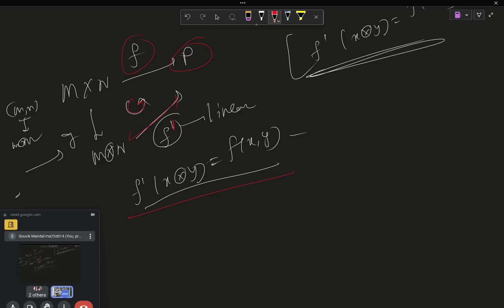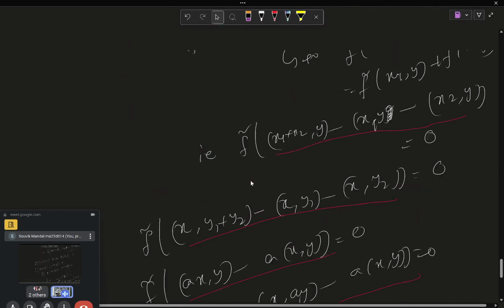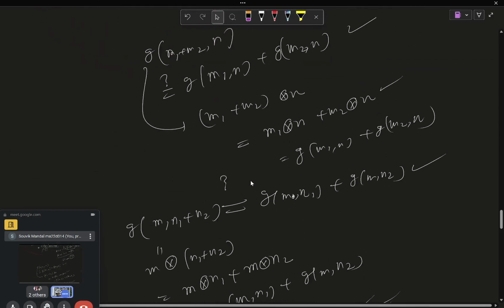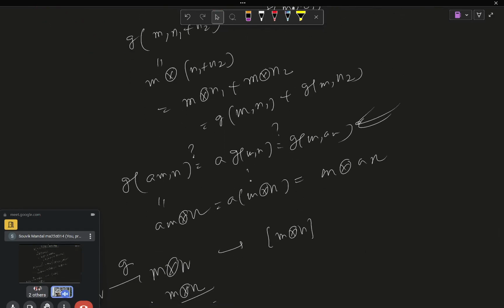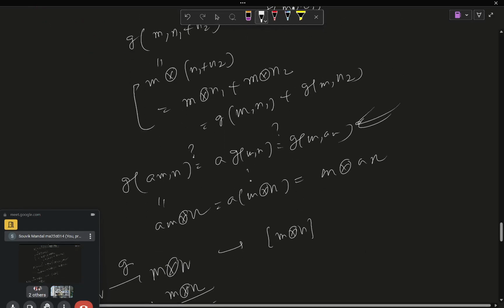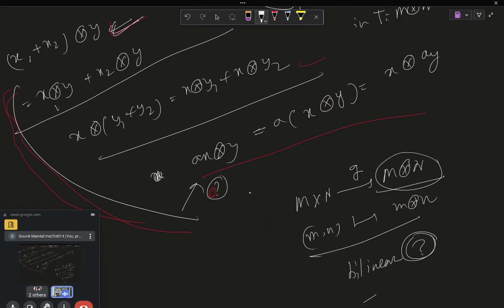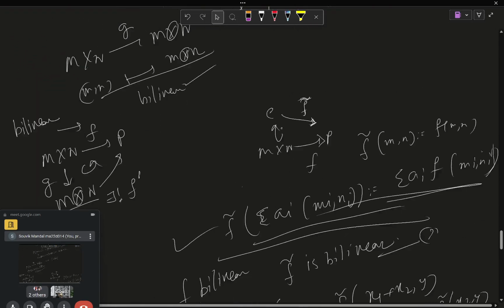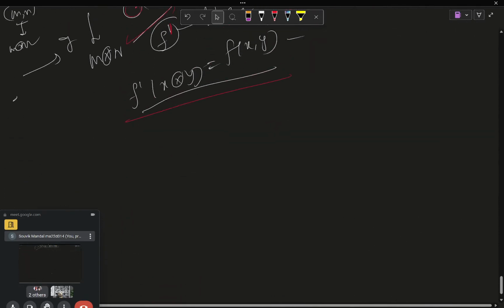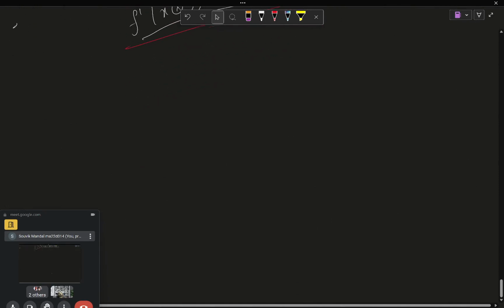Okay. So in the tensor product we have the following properties. So where are those ones? Yeah. So tensor product satisfies these. I mean, sorry, these are the relations. What are the relations? I mean, these three relations. These are the first thing we need to remember always. Okay. And second thing